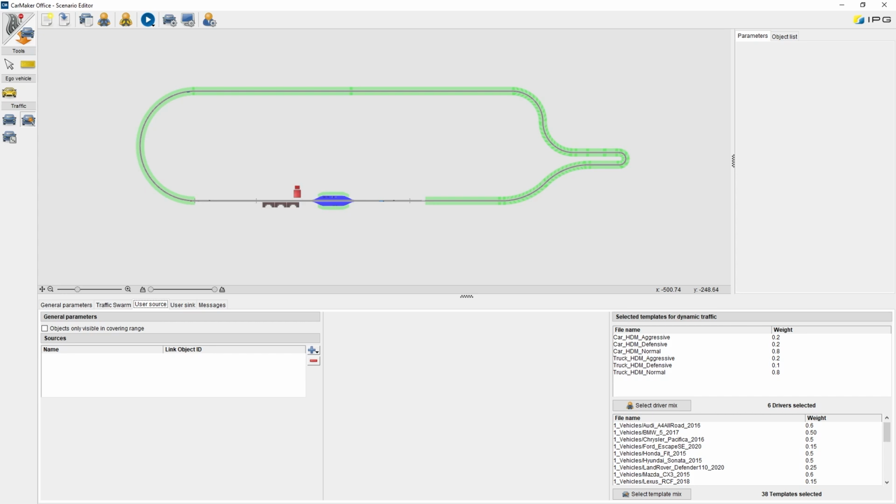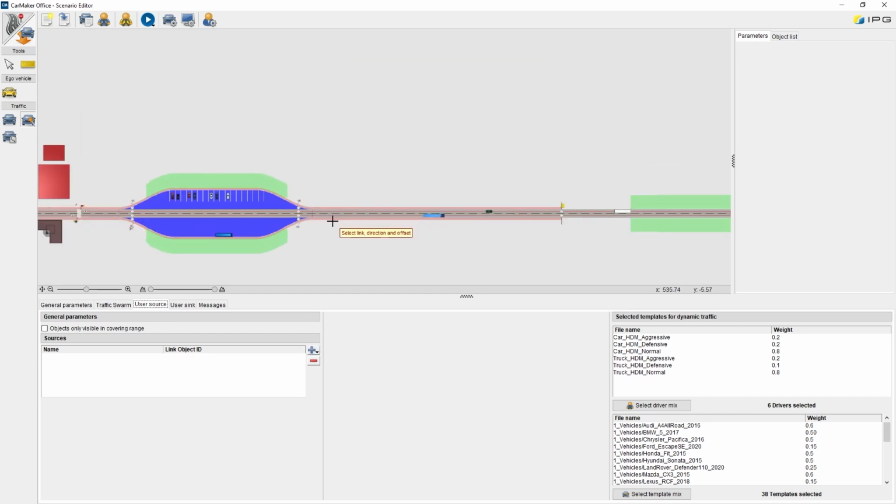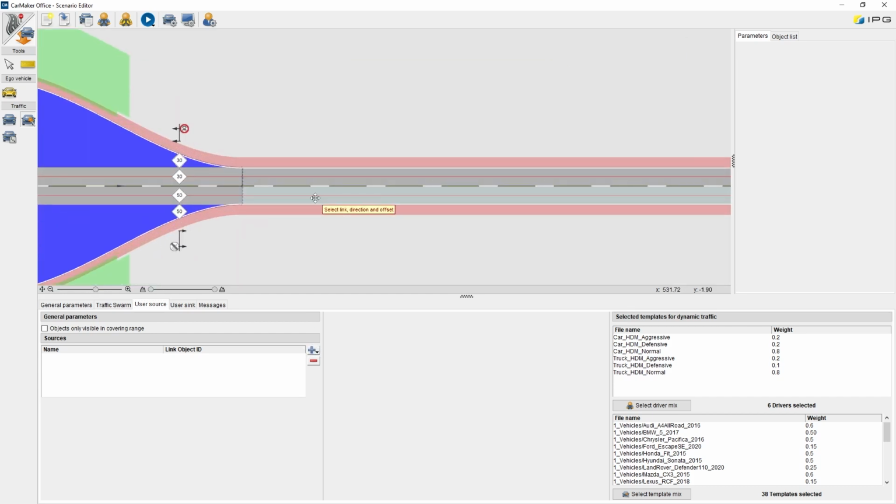Here in general parameters, traffic objects are defined that are generated by user sources and are only visualized within the ego vehicle covering range. In source, the sources of the traffic objects that are generated automatically will be defined. To add a source, click on the plus button next to the source list, and then, for example, to a link in your scenario.